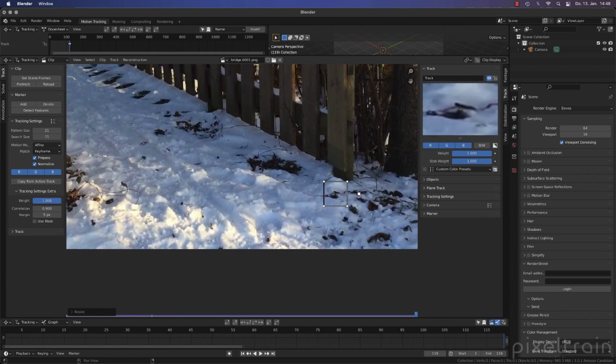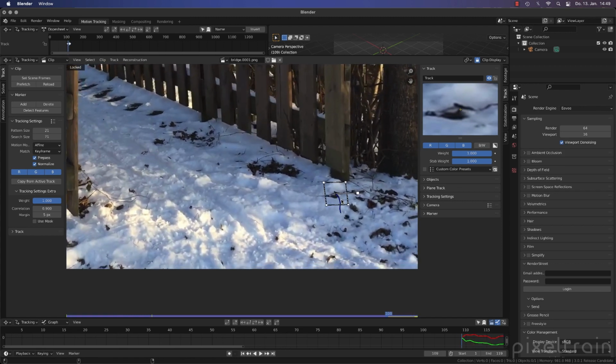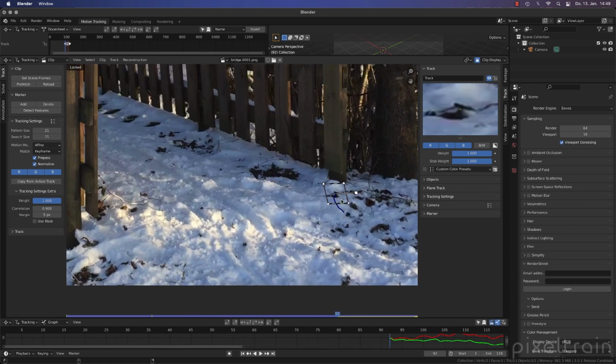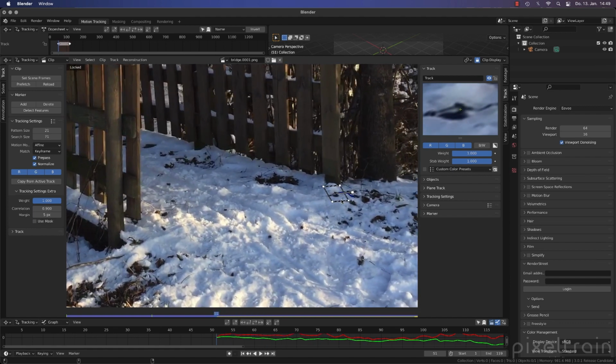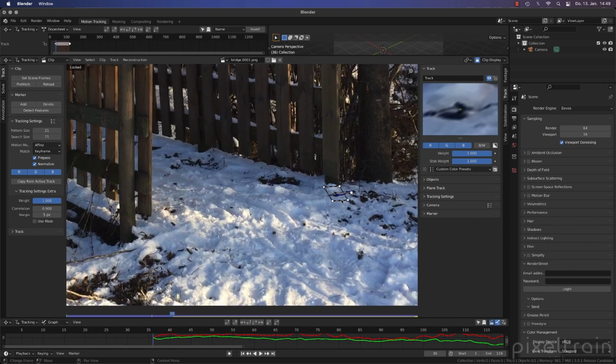Okay. I search for something which I can find later better, maybe this point here. Alt S to check here the search area. I think it's big enough. And now what I do is I press the L key to lock my viewer now onto this tracker. And then I go in, hold down the Option or Alt button, and I go now with my back arrows through this shot. You also can hold down your arrow key, then you see it's really playing while it's tracking. But I want to make sure that this here is really solid. I stop here, I scale it a little bit and adjust it so that I'm really sure that I don't lose it.